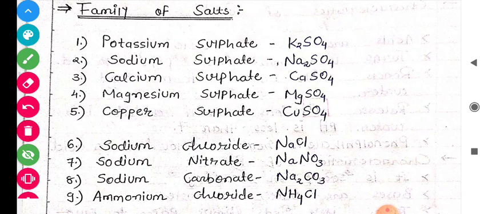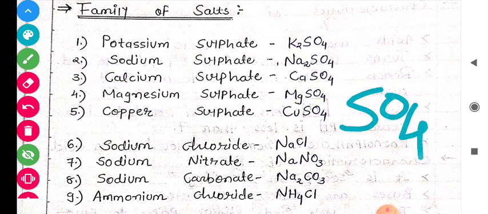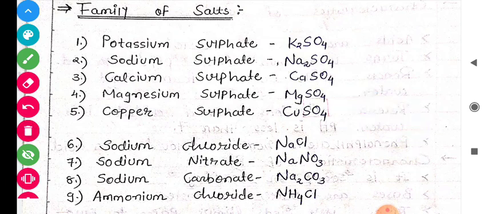जिसकी family कौन सी है? Sulphate, because they contain the SO4 ion as their chemical constituent. Potassium sulfate is known as K2SO4. Sodium sulfate Na2SO4. Calcium sulfate CaSO4. Magnesium sulfate MgSO4 and copper sulfate CuSO4. So basically, students, you notice that all the salts contain the SO4 ion, and that is why it is called